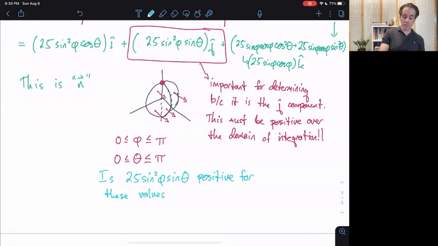One of these questions is very easy. We have to look obviously at the phi and the theta separately. For the phi, it is simple because for the phi value, it's always positive because it is sine squared of phi. So that's not going to be an issue. For the sine of theta, that's where you actually have to ask the question. But luckily, for this domain, theta going between 0 and pi, we know that this means sine of theta is between